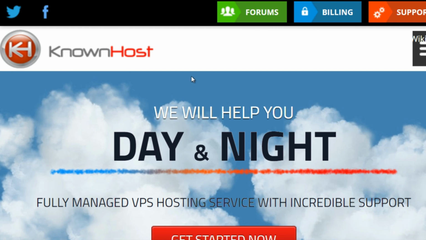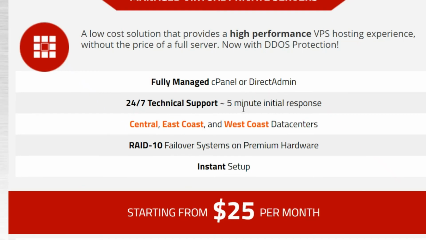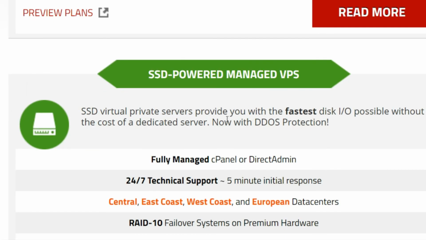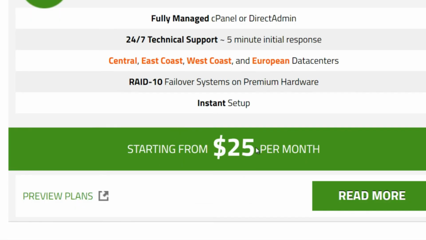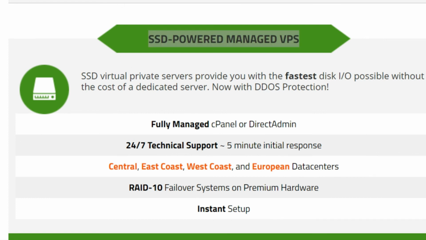So you can head on over to here, and what you're looking for with WordPress type web hosting is SSD. Any type of SSD is going to be really fast. So you can pick the $25 per month plan, for example, and this is going to be reliable because this is a reliable host. You always want to choose a reliable host.